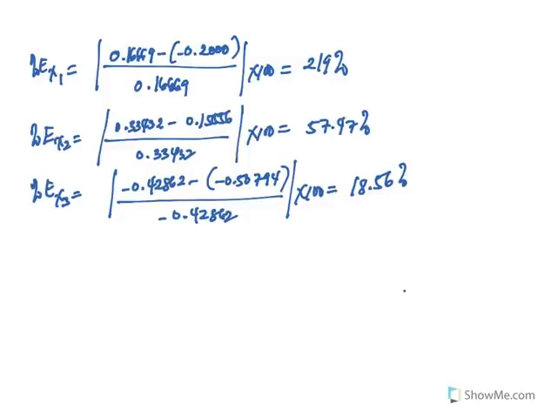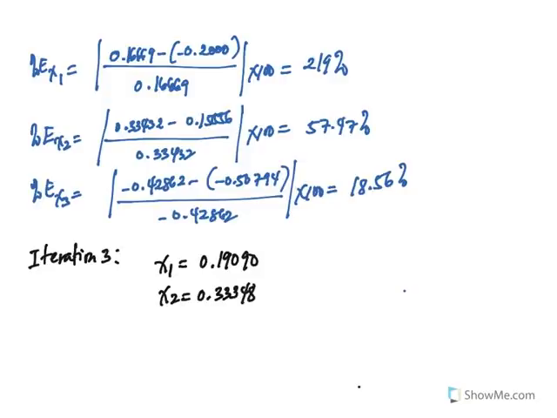Okay? So dun sa next iterations natin, ganun ulit yung gagawin natin, no? So same formula, same iterative formulas. We solve for x1 using the values sa previous iteration natin, pero dun sa x2, dun sa x3, ang gagamitin na natin is kung ano yung nakuha natin within the iteration. So, when you apply Gauss Seidel kay iteration 3, we will be getting values of x1, x2, and x3 to be 0.19090. For x2, that's 0.33348. x3, you will get negative 0.42167